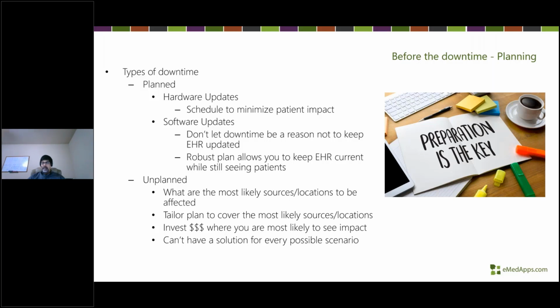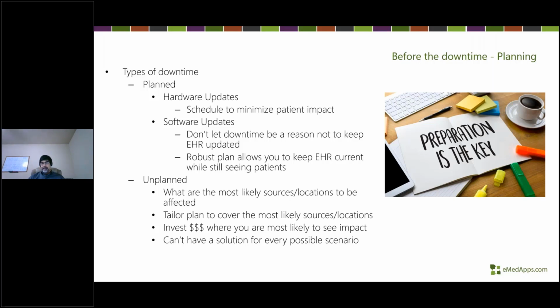They happen for a variety of reasons, but I'm aware that they're going to happen, and I can make sure my staff is informed ahead of time and we can have the appropriate procedures in place so that we can deal with the situation as they occur. The two main sources of these planned downtimes, the first are hardware updates,